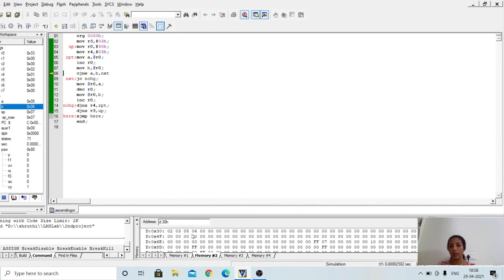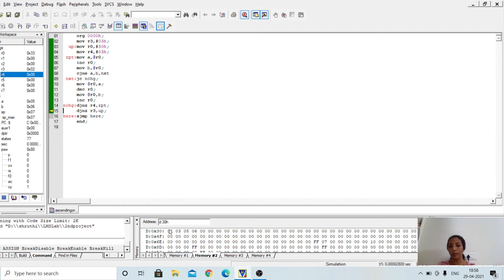But again, next 5 and 6 have to be compared. So 5 and 6 are compared, and since they are already in ascending order, they need not be swapped. So again, R4 will become 0 now because the comparison between all the consecutive elements is completed.